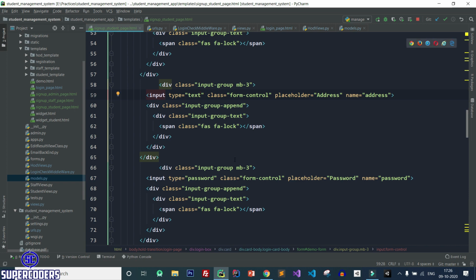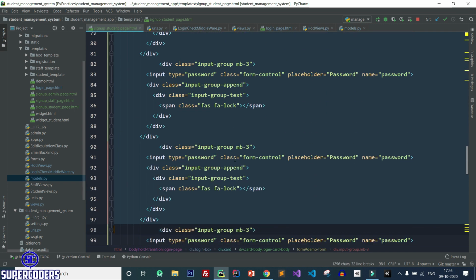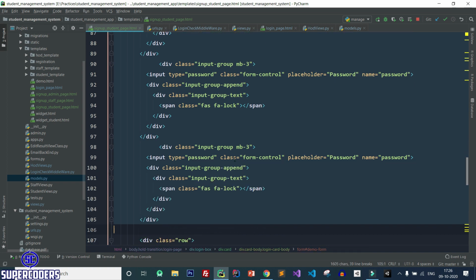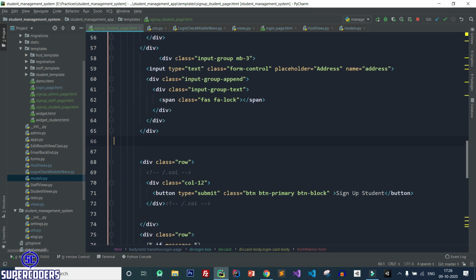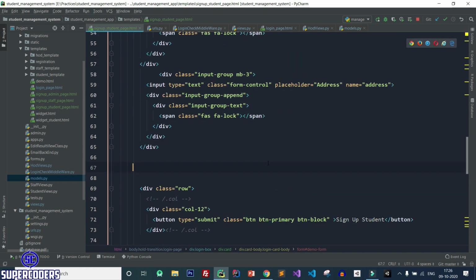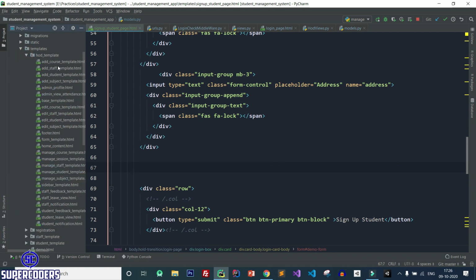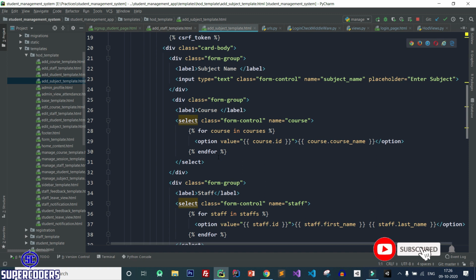For this just remove everything because we need to create a drop down. So remove this, and here we need to add a drop down. So again let's see, copy this HOD template, open add staff template or add subject template. So here you can see I created a drop down.